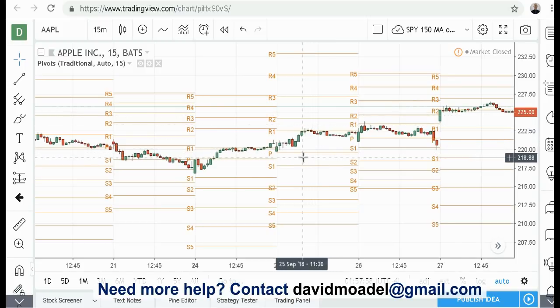If it breaks clearly above P and closes above it, and you're going long, buying, your first profit target would be R1 with your stop loss at S1. But if it just keeps going up really fast with conviction and volume, then you can let your winners run. Your next profit target can be R2, and then you would change your stop loss to P. If it just keeps going, let it run if you want to. Your next profit target can be R3, and you would change your stop loss to R1, and so on and so forth, all the way up to R5.